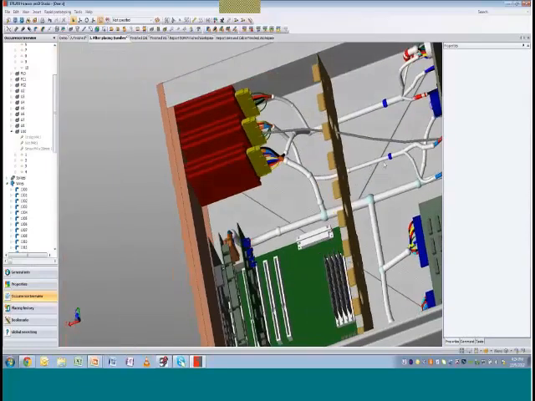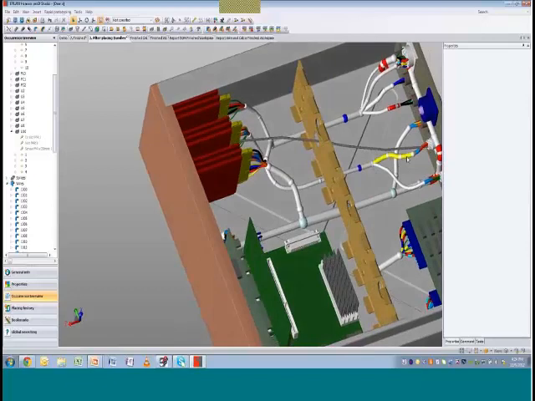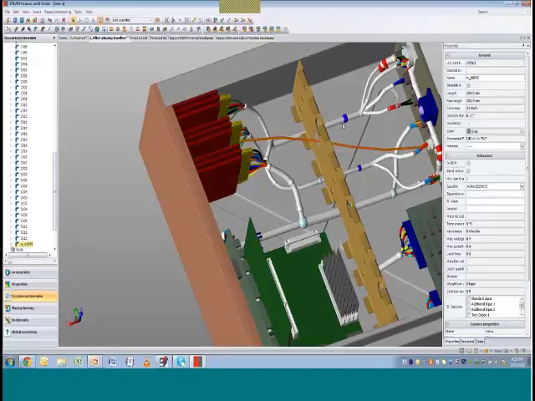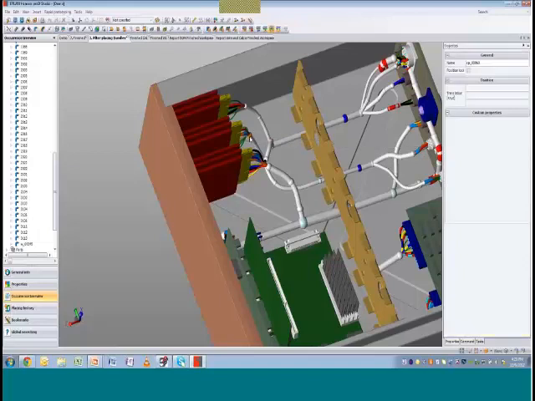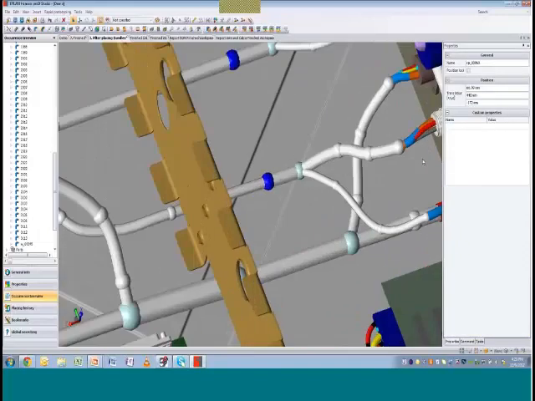That gray wire now has been added, and I can have the software automatically route it, or I can use what we call a semi-automatic route. By doing the semi-automatic route, I can define exactly what entryway I want to use for that particular route. So if I select the entryway here, and I identify the exit, that wire now has been added to that bundle